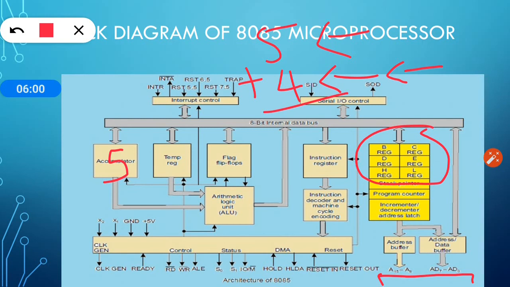So it will be clear in the next lecture. Meanwhile, remember that your second source for this 4 number is your general purpose register. And the third case is that your 4 number can be direct data. That means we can give immediate or direct data to the processor. So it is given in the form of the instruction. Again, it will be clear whenever we perform that in the instruction set video lecture.